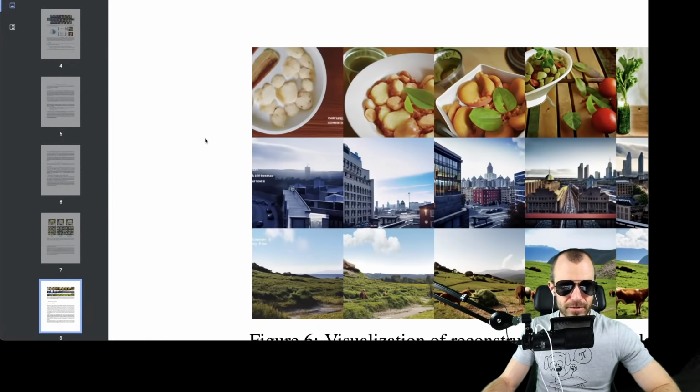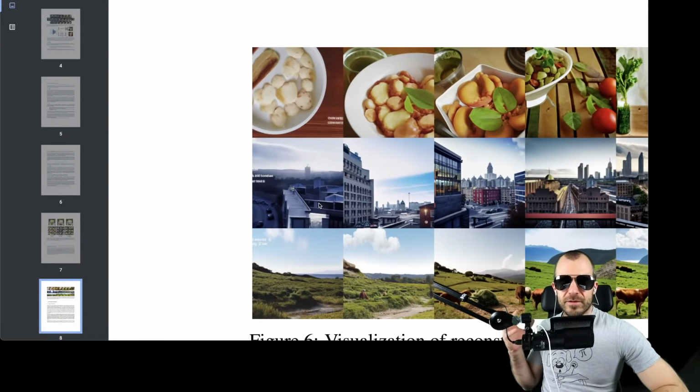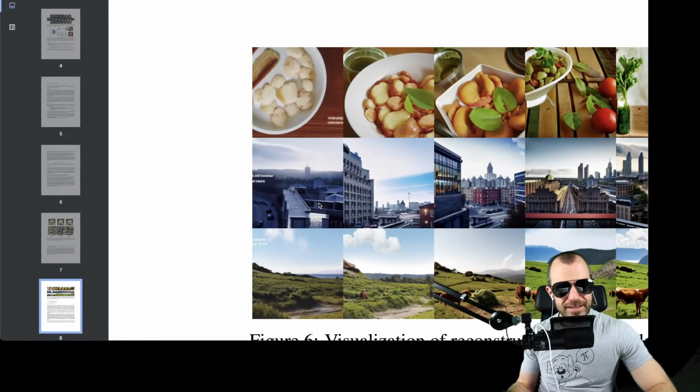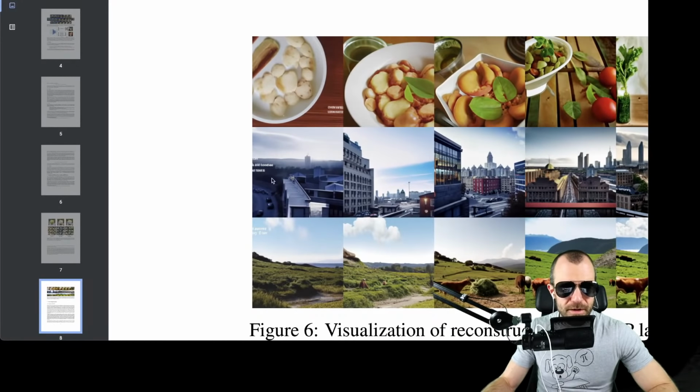It seems to match the colors even a little bit. It's like the colors, general setting. And that's really interesting, right? That means the highest level information that it has really refers to kind of concepts. It does refer to color and things like this, but also to concepts, right? So there's no view of a cow here on the left, or the specific city in the middle right here. It's just like a city landscape, which is really interesting,